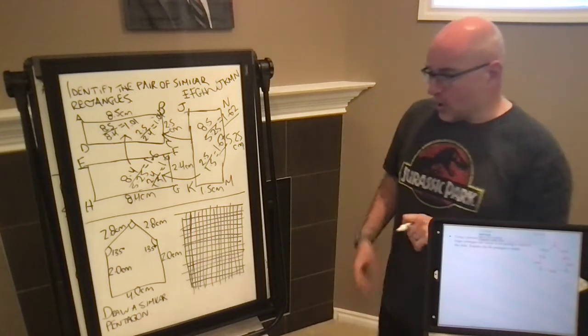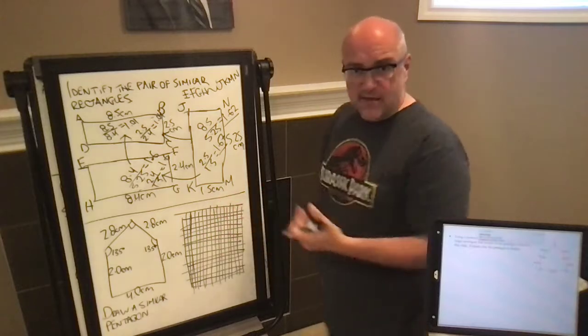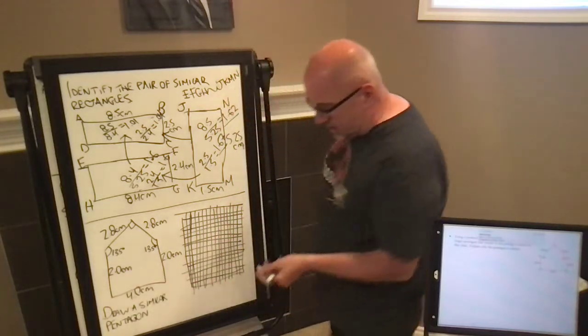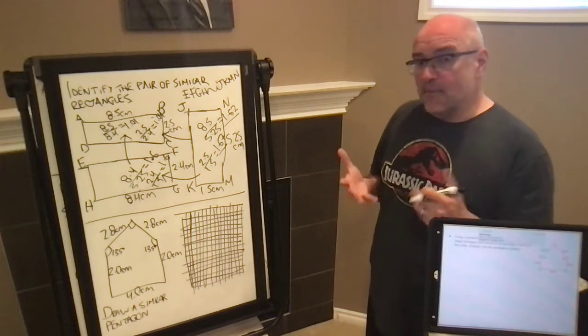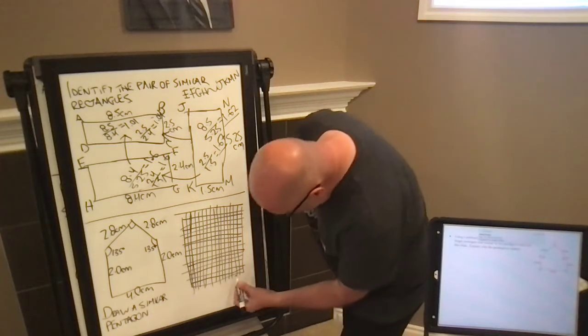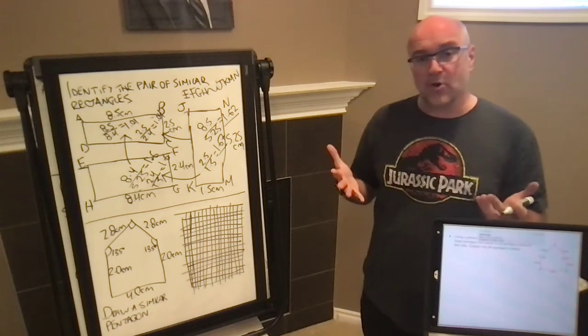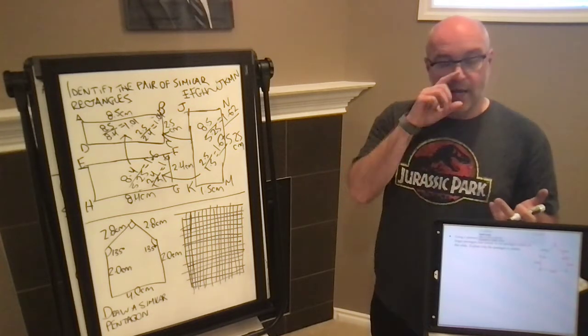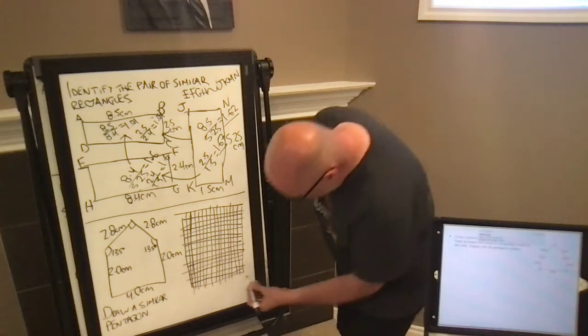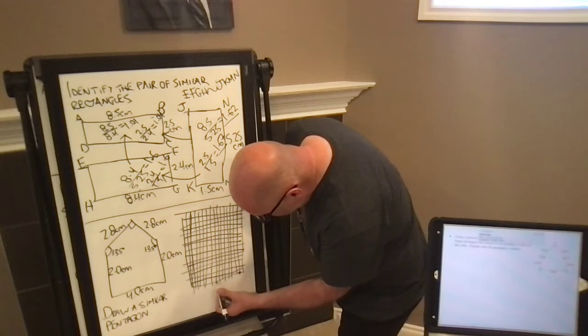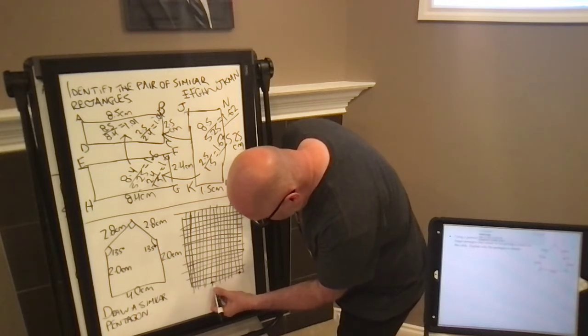Here's how this is going to work. I know I'm going to enlarge this by a scale factor of 2. So I'm going to start off with the bottom. I know that it is a 4 centimeter bottom. So I'm going to basically count off. Remember I said each of my boxes in the grid paper I'm going to make equivalent to 1 centimeter. So I'm going to start here in this corner: 1, 2, 3, 4, 5, 6, 7, 8. There's the bottom